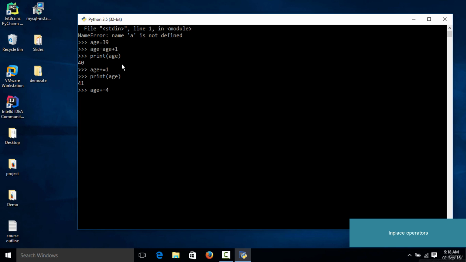And what this is going to do is take the current age value and add 4 to it. So if you hit enter and again type in print age, as you could see, now we have 45 stored in the variable age. Now this in-place operator not only applies to addition, but it also applies to subtraction,